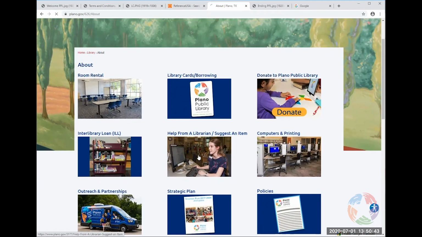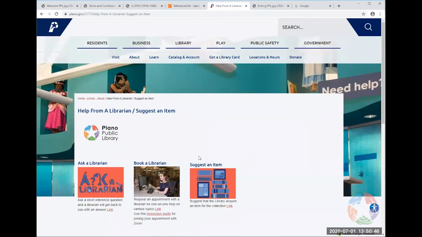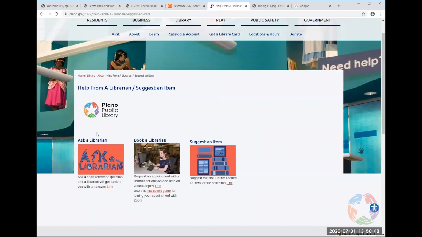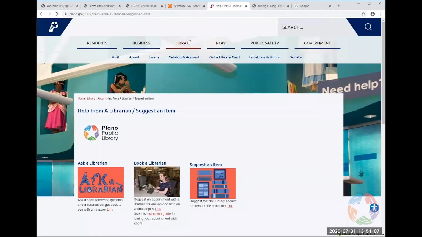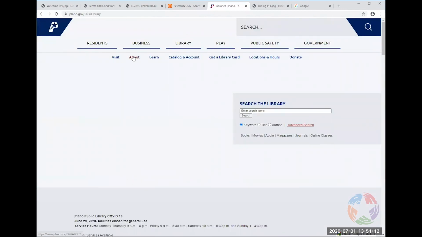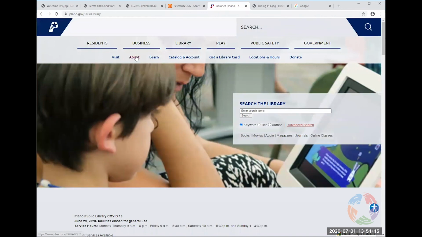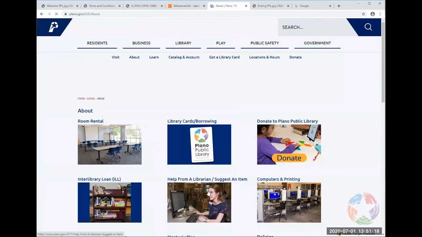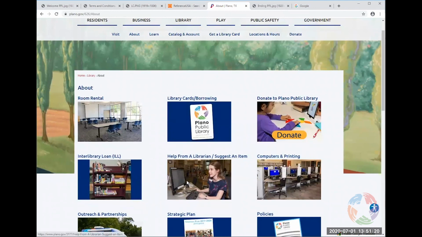If you go into that, we have Ask a Librarian if you just have a short question, or if you need to sit down and actually have a one-on-one, in this case a virtual one-on-one online, you can do Book a Librarian for a 30-minute appointment with a librarian if you're interested. That was just under planolibrary.org and then under About here at the top. And then in the middle, Help from a Librarian.